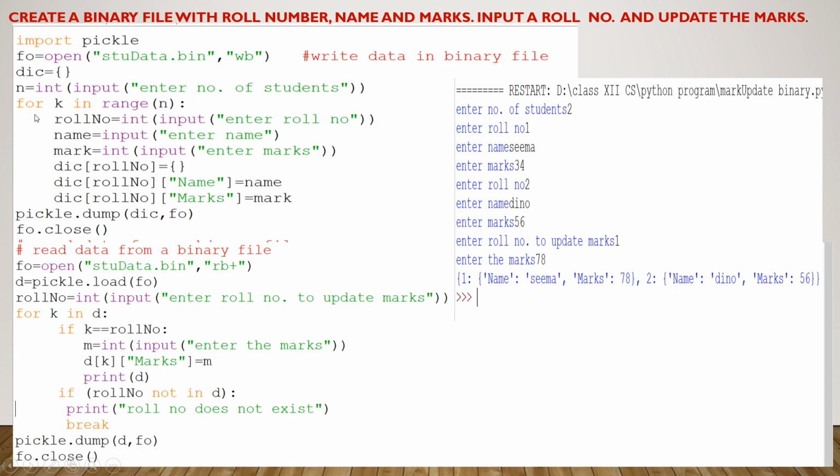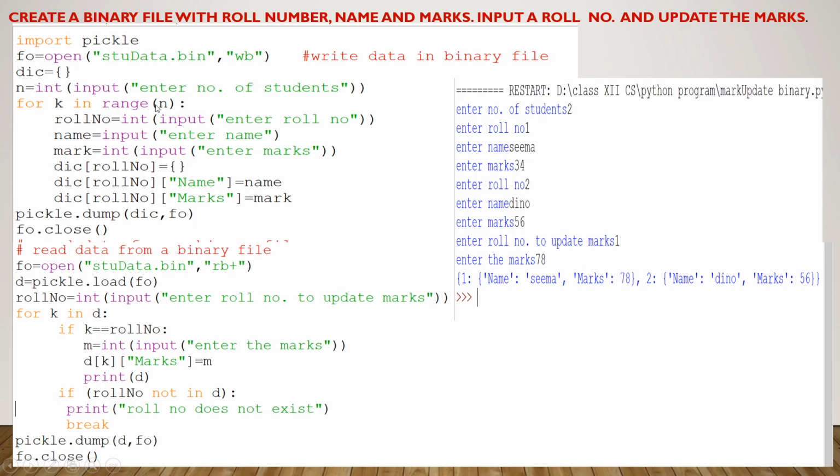So this is possible through the for loop, because maybe the user can enter 1, 2, 3, 5, 6, any number. So this is only possible through the for loop. So use this for loop. First write the for keyword and then k. K is a variable. In is an operator, a membership operator, and after then here I'm calling the range function. This range function will create a range of numbers, whatever the stop value you pass here.